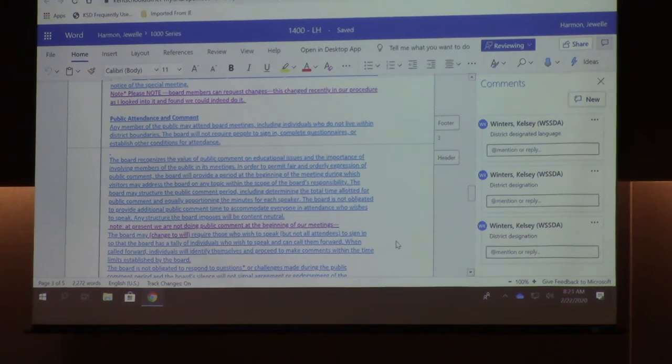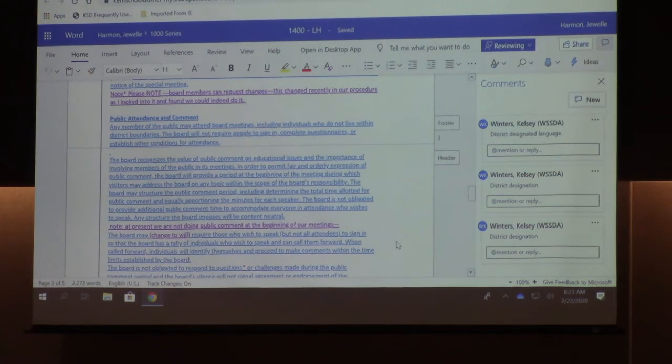So a few thoughts about that, or questions, I guess. How would we determine who would get to comment at the beginning and then who at the end? One of the things we need to be really careful about is viewpoint discrimination, right? We would have to have some way of very neutrally selecting those folks who would be able to comment at the beginning as opposed to at the end. What about students and school staff? Because they have to get up early in the morning. Well, we're speaking specifically to items, though, so that's the thing also, right? What do they want to speak to?